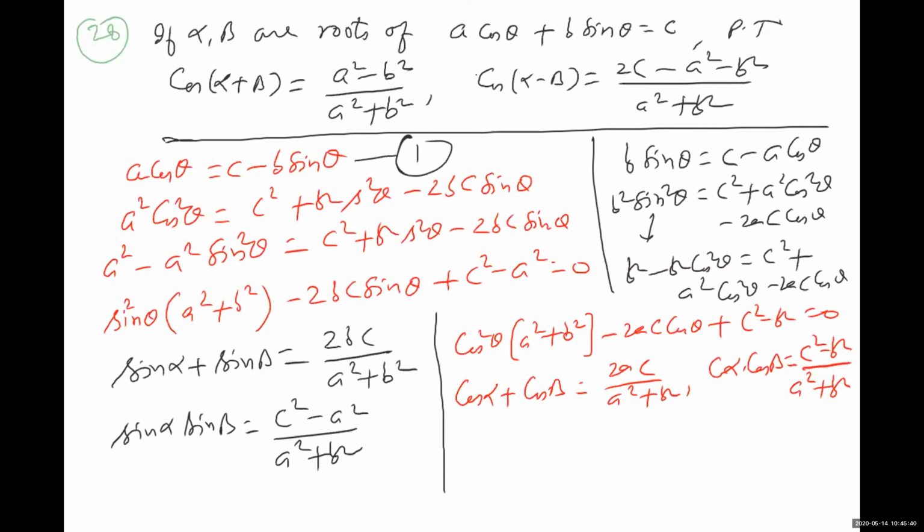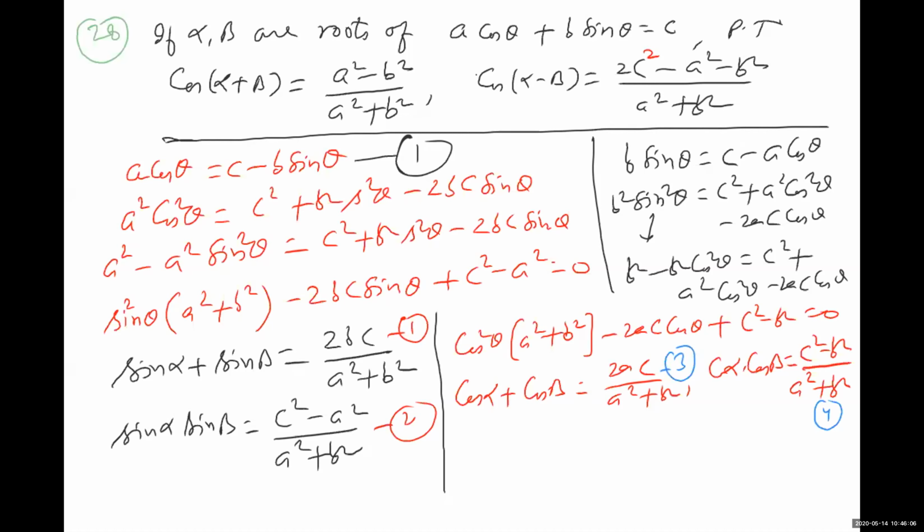So if you add them, cos A cos B plus sin A sin B is cos(A minus B). So this must be 2c square. You can make a small correction there, in the question itself, this must be 2c square. That means this is equation number 1, this is 2, this is equation number 3, and this is equation number 4.